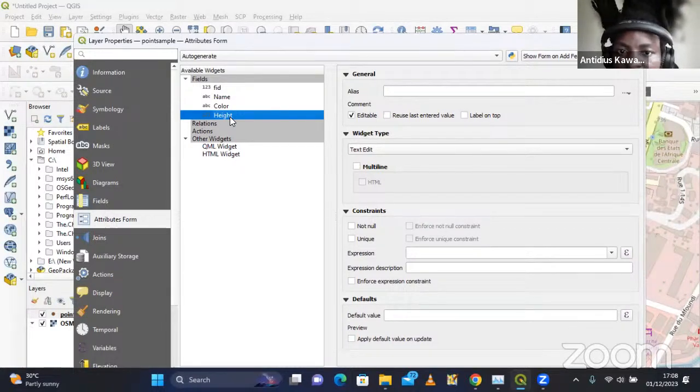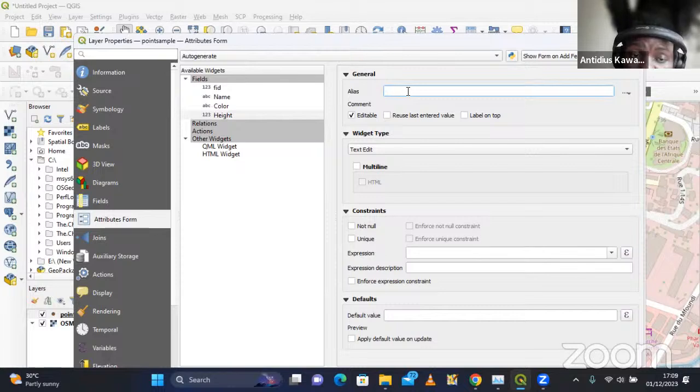So if you have the local names or the local languages, maybe French speaking, and this is in English, you can have the French name added on the alias. The alias is where you can add the other, which could be the local name, or the local language, how the local people are going to understand this field. So here you can just type in the local language for this, or maybe you can just add the hint that maybe collect